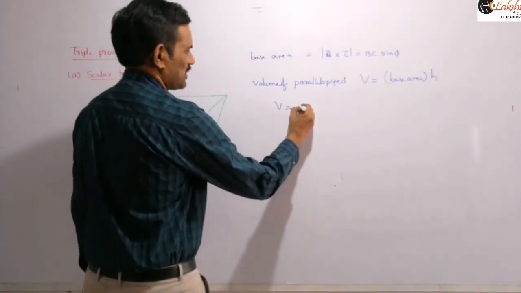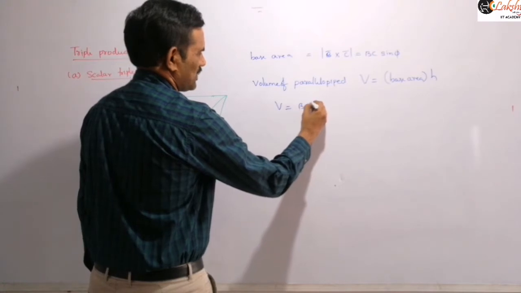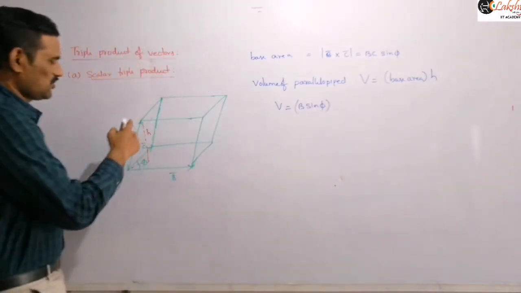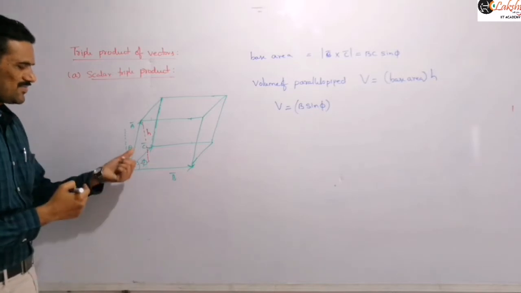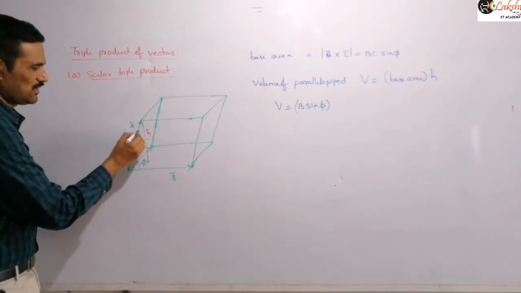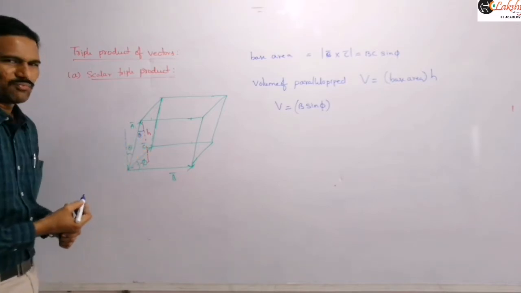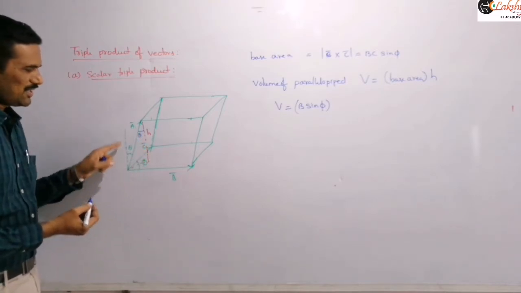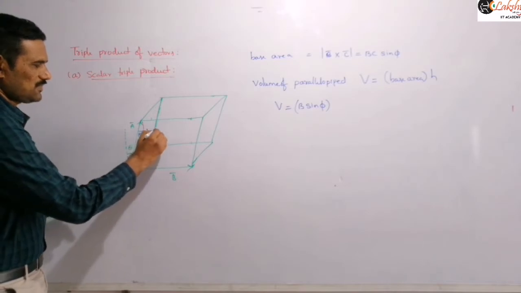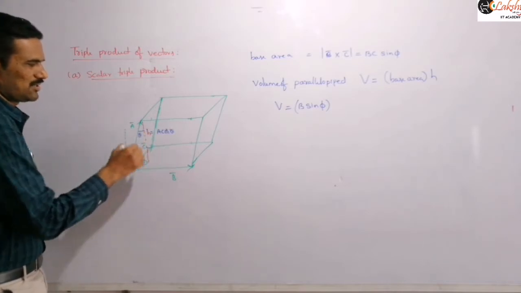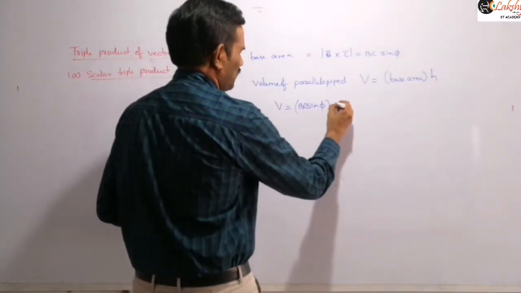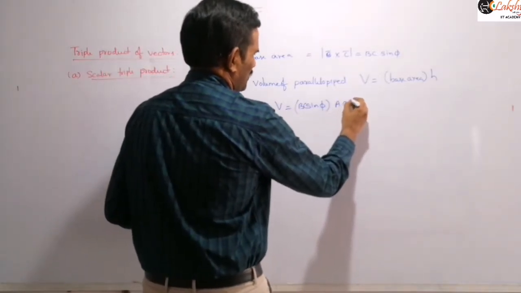Therefore this base area is BC sin phi into that height, which we can write by using this triangle here. That means we are assuming A bar is making an angle theta with this vertical, and so this angle will be theta, right? And from this right angle triangle you can write this h value as A cos theta, that h is equal to A cos theta, right? And so let us substitute this value here. This is BC sin phi into A cos theta.